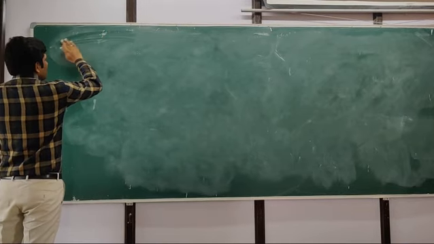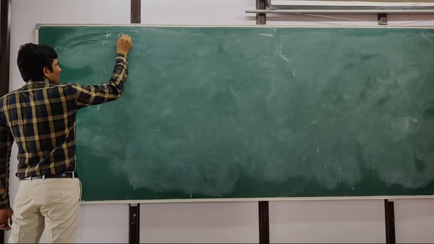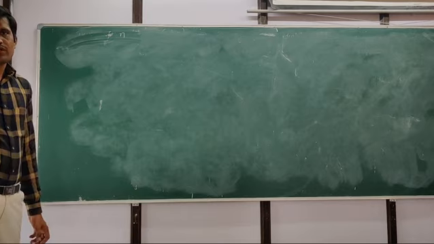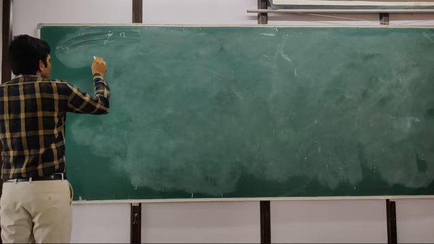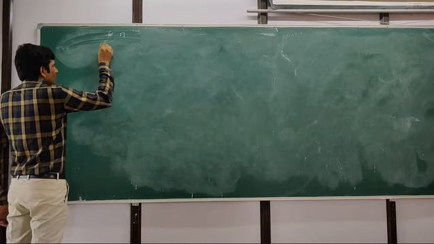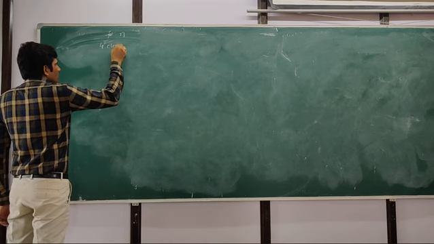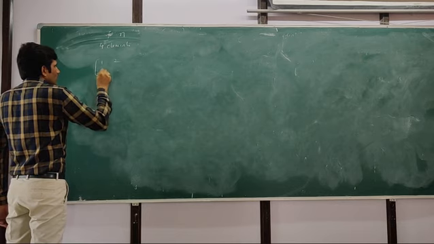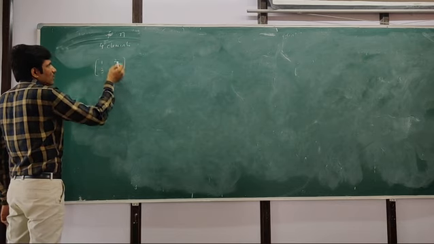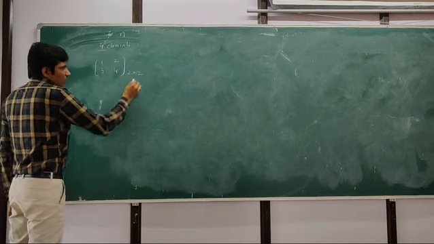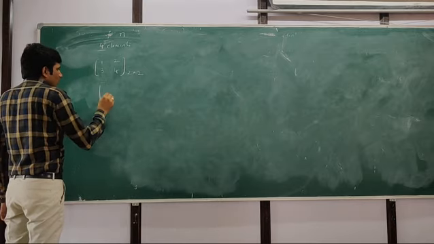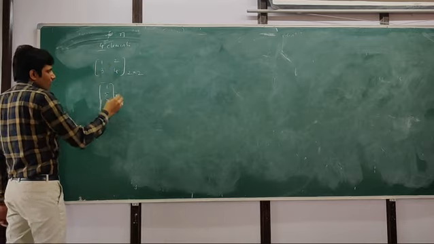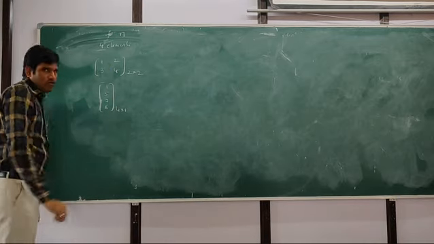Students, now see, if a matrix has n elements, then what are the possible orders it can have? Such questions will be asked in exams. For example, say if a matrix has 4 elements, then what are the possible orders? I will write different examples here. 1, 2, 3, 4. Let us assume there are 4 elements. The order of this matrix is 2 cross 2. See, now it is 1, 5, 7, 8. So what is the number of elements here? Also 4. So the order of this matrix is 4 cross 1.